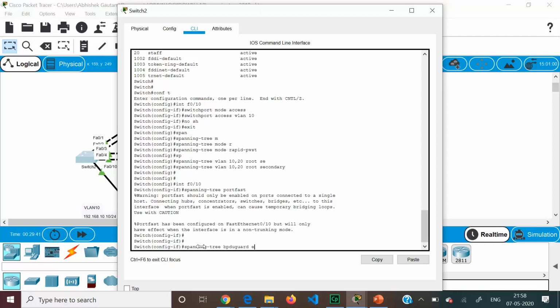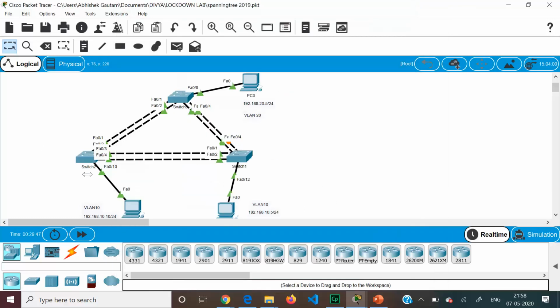Because we do not want BPDU packets to come to the PC. There is no point sending any BPDU packet. BPDU packets are exchanged between the switches for the spanning tree algorithm, so that the root bridge can be selected, the port roles can be selected, which redundant port is going to be blocked, which port is going to be the forwarding port, right? To make that decision, BPDU packets are exchanged between the switches.